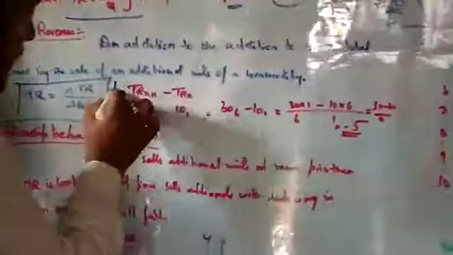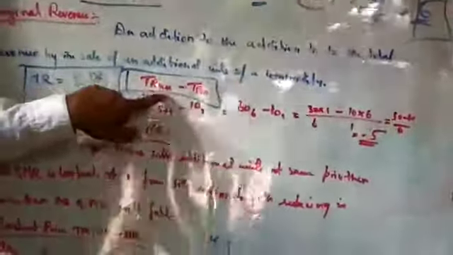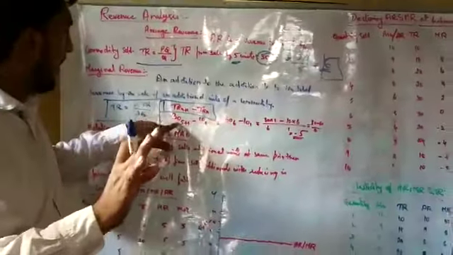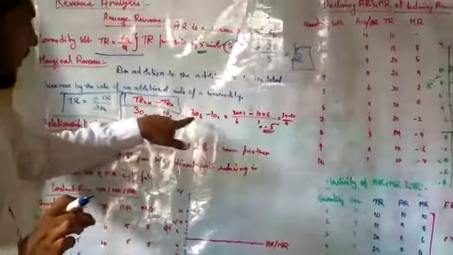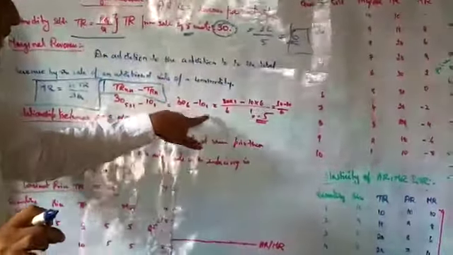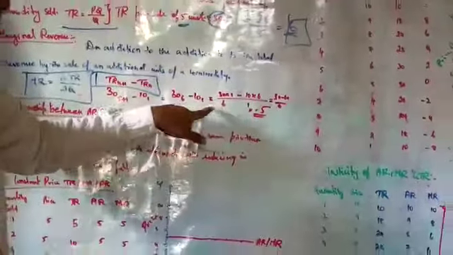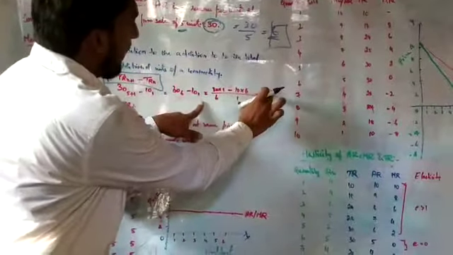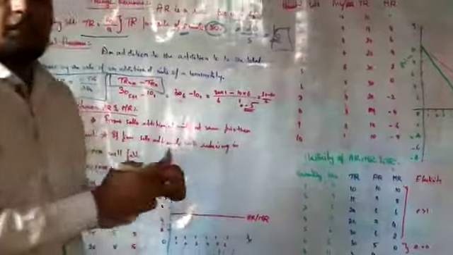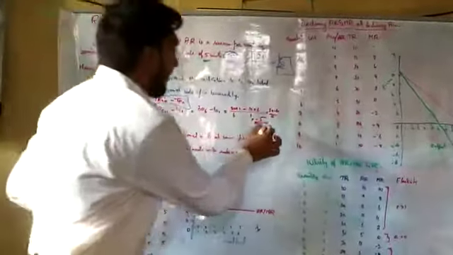With the formula of this, MR is equal to TR n plus 1 minus TR n. For example, 30 is the total revenue, and 5 is the price. 5 plus 1 minus 10, 1. Okay. So here 30 by 6. How is it 6? 5 plus 1 is 6. And here is 1. We will make the denominators equal. We will take the LCM. So 30 by 1 and 6 by 6. So 30 minus 60 by 6 will give you what? 30 divided by 6 means minus 5. This is the marginal revenue. So there will be an extra unit.